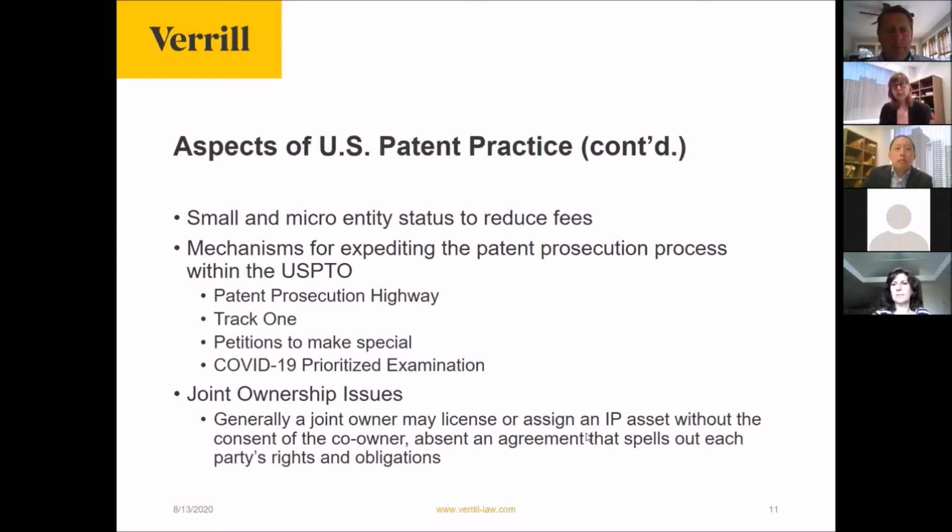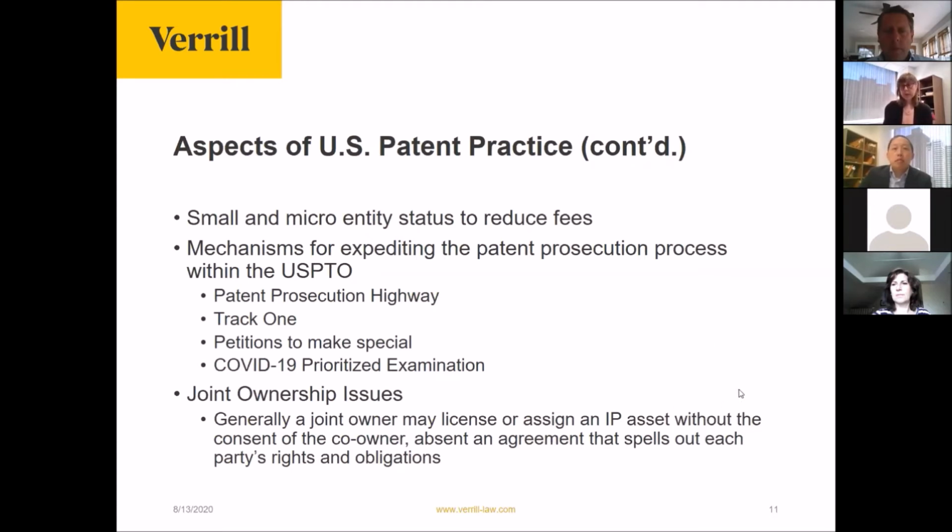It's useful to talk about some joint ownership issues regarding patent applications. In the U.S., in the absence of any agreement to the contrary, each of the joint owners of a patent can make or use, offer to sell, or sell a patented invention within the U.S. or import the patented invention into the U.S. without the consent of and without accounting to the other owners. So this raises a couple of issues.